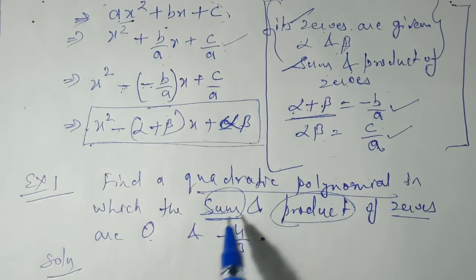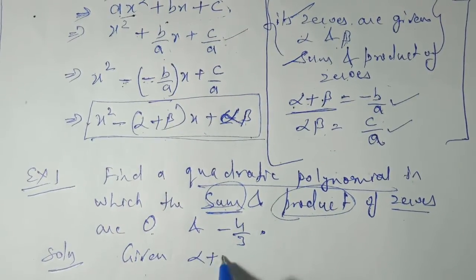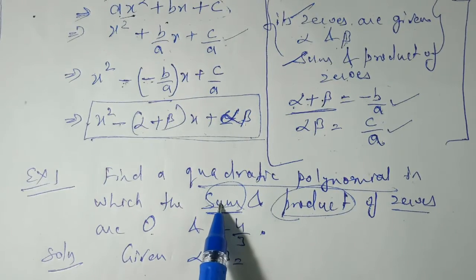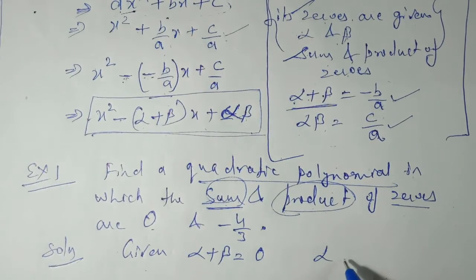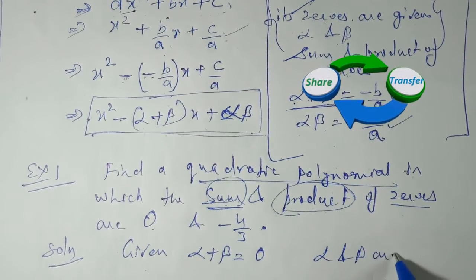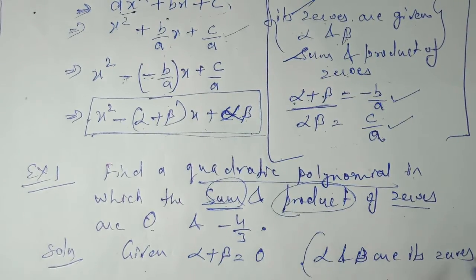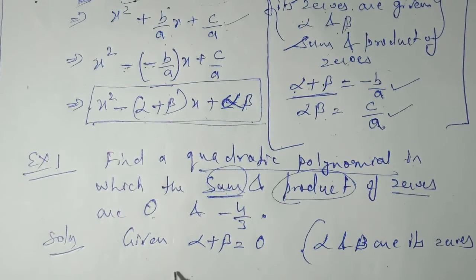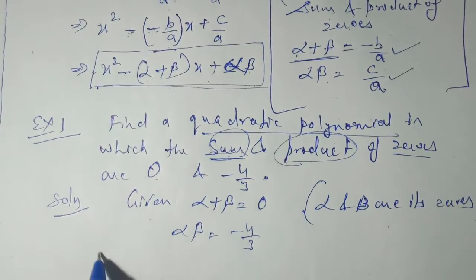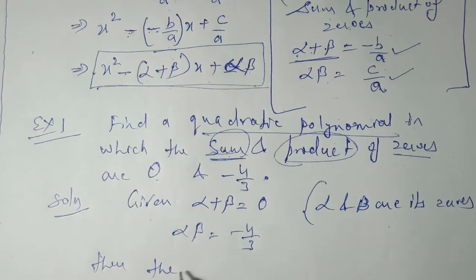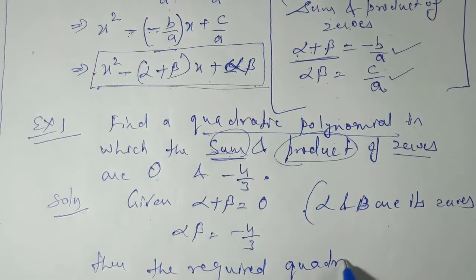So whenever sum and product are given, we will write: given alpha plus beta equal to 0, since the sum is written first, so the first value is for the sum, where alpha and beta are its zeros. It means the zeros of the polynomial. And alpha into beta equal to minus 4 by 3. Then the required quadratic